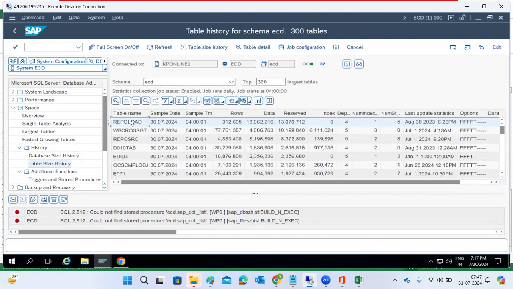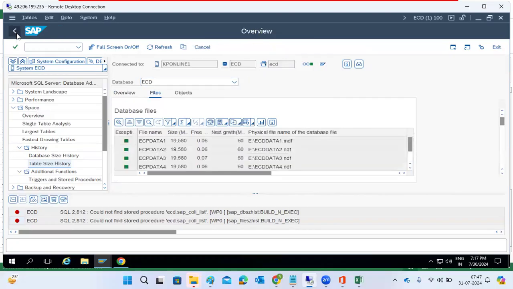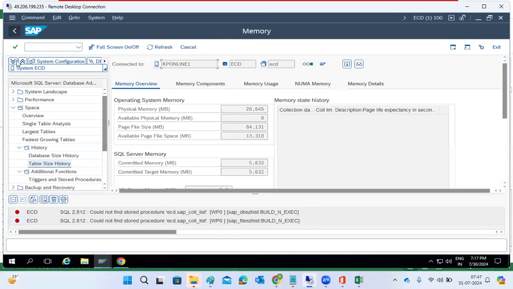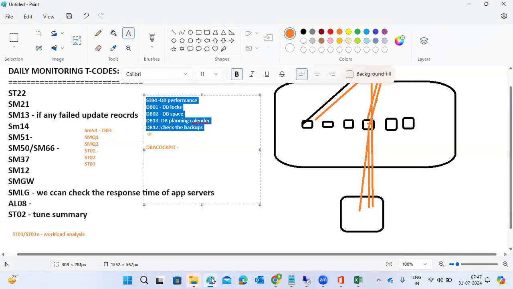So we can check the data, all the information, here in this transaction code. It is a kind of monitoring of all the transactions and everything here, right? So the next one,